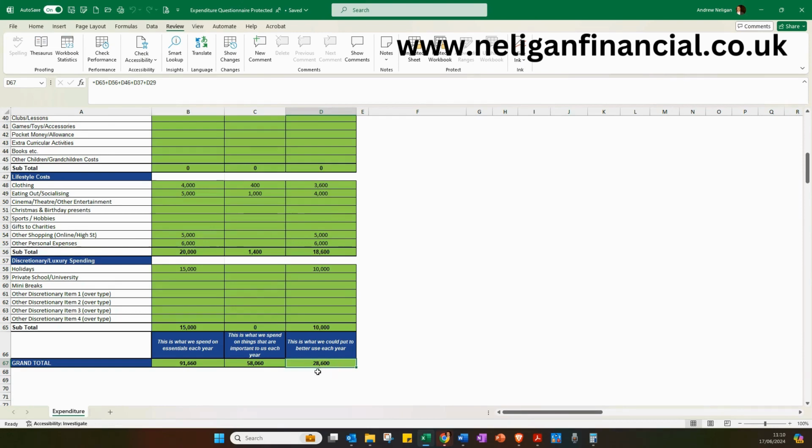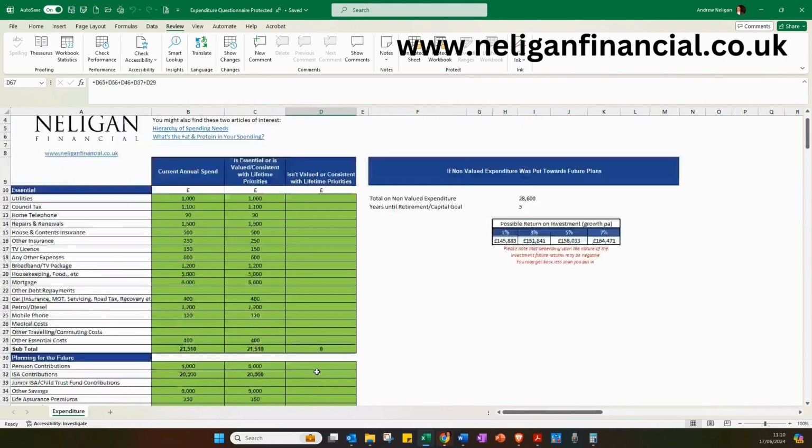And then this sum here, what you can do is see it populated up in this cell here, and you can say, okay, well, we're spending this extra money that we don't need to be. I want to retire in a number of years, so here I said 5 years. If we put that money to better use, how much higher returns might we get from that money? And that's what this little table does here.